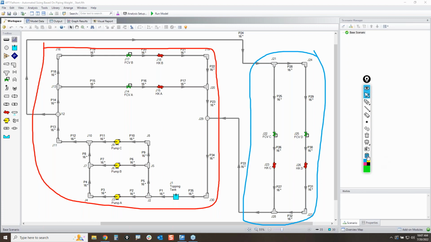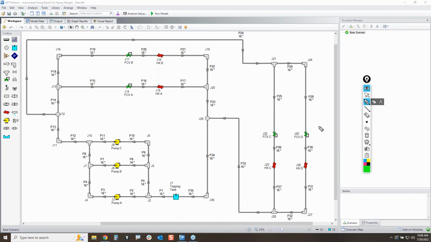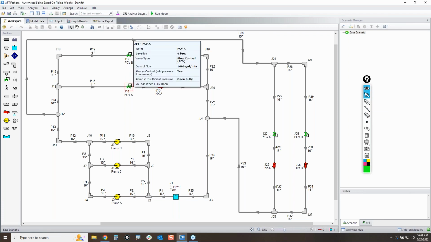So the reason why the ANS module for automated pipe sizing is really helpful is because it makes it so much easier for you to plan for expansions or maybe retrofits of a system in the future. And so that's what I'm doing here: I am sizing both the primary system and the expansion at the same time. That way, when the expansion goes online, the pumps are already going to be sized appropriately to be able to handle it. Okay, so through each of my flow paths here, I have 1,400 gallons per minute going